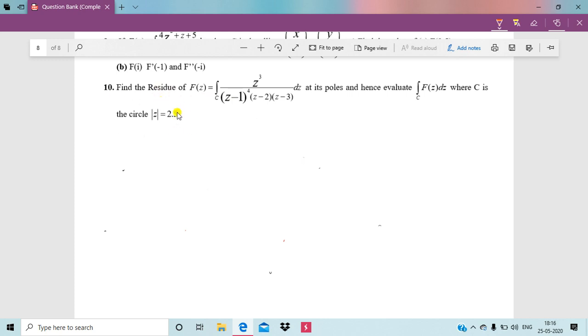Here we have a question, but we are not going to solve the question. Our target is to trace this curve and locate its inner and outer points. So let's start. Since this curve is mod z equal to 2.5, let's analyze this. Mod z, since the value of z is x plus iy, therefore it is mod x plus iy is equal to 2.5. And by the definition of mod of x plus iy,